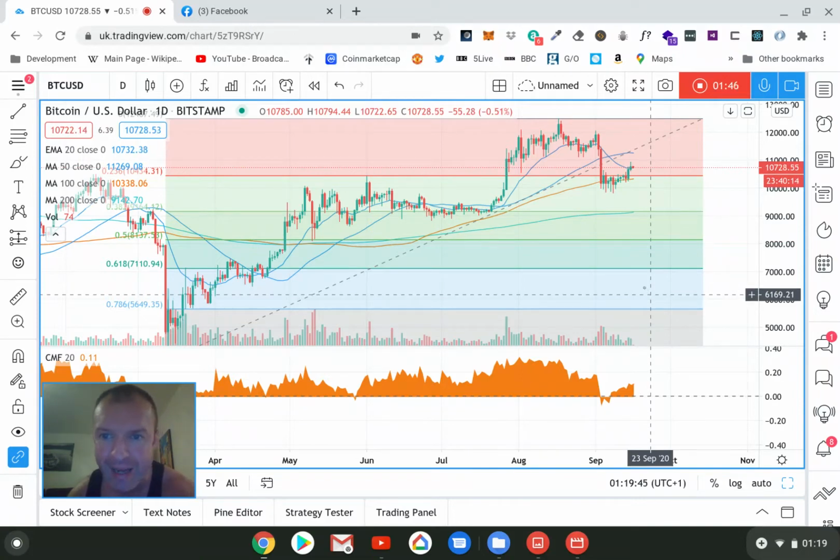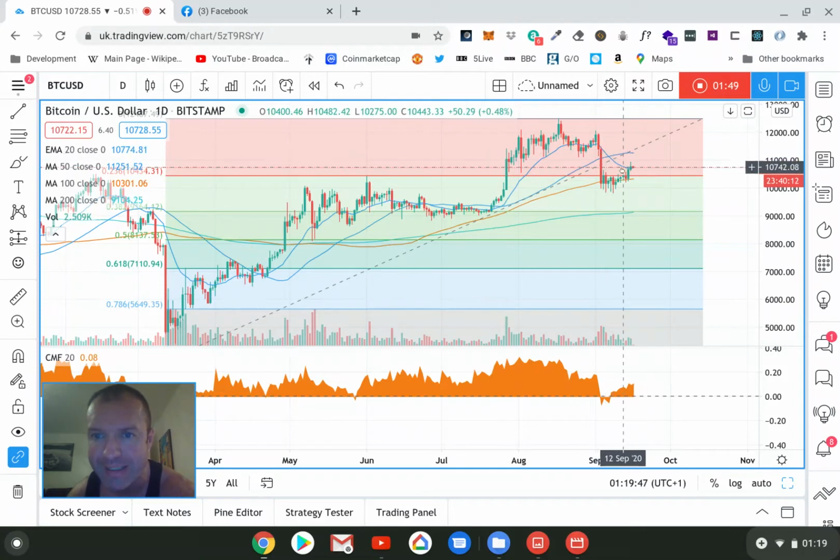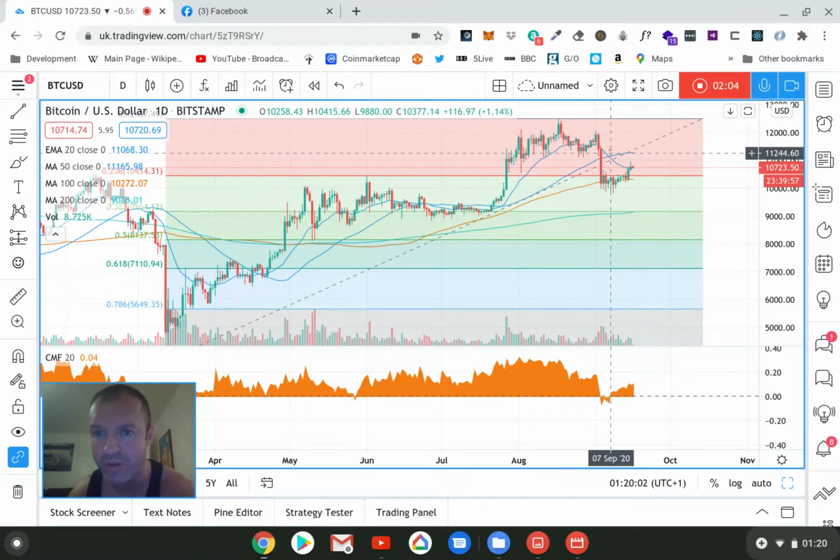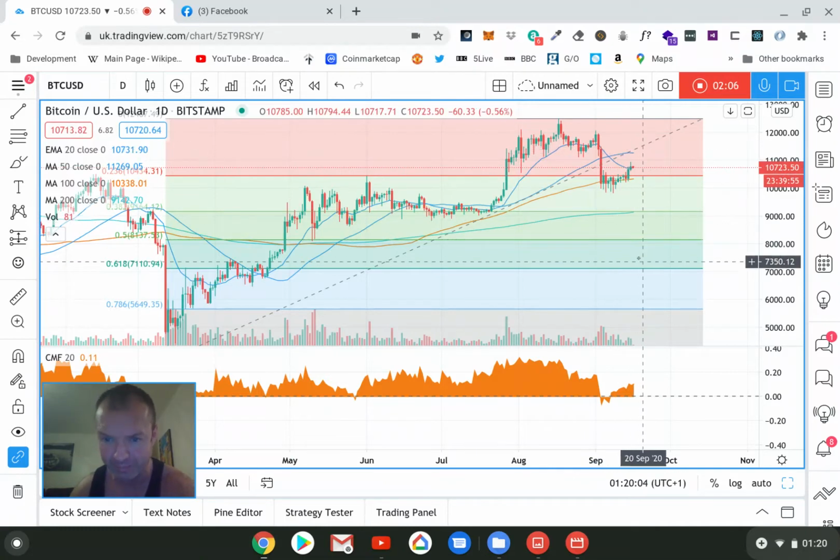The 20-day coming down below and sloping down is bearish. It's beginning to start to go level again, so it's beginning to turn. Now, if we can go up and test this 50 and break through that, these averages will begin to slope upwards and they will go into the right order again. I find the Chaikin money flow is always a great indicator on Bitcoin.